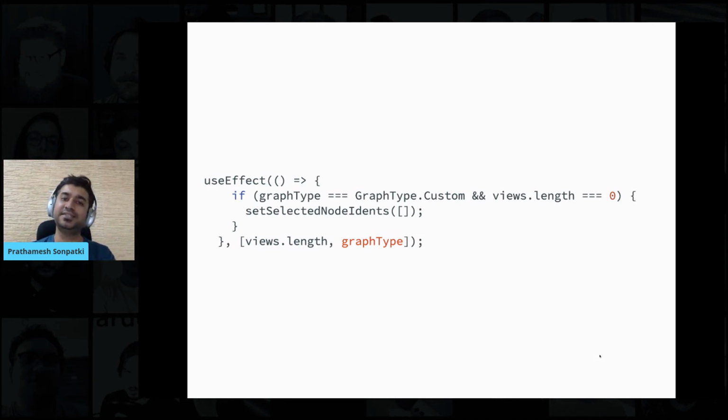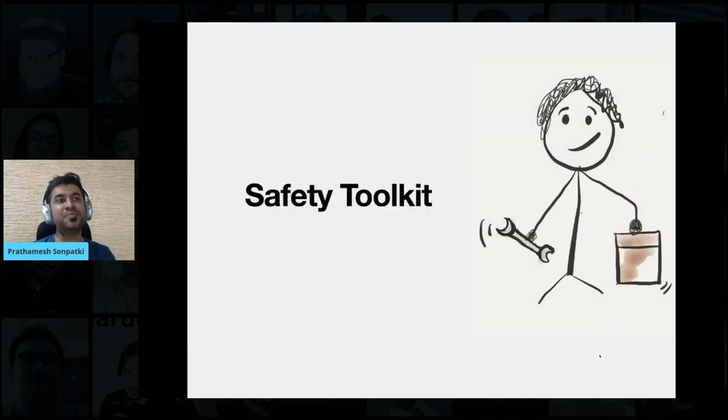So with these things, having pure functions, having a command on the hooks API, and using some custom hooks, we were pretty confident about the interactions in our code base, and slowly our code base was getting into shape. But while these steps definitely helped us, we also wanted to be diligent about not running into the broken window syndrome again. So we wanted a kind of safety toolkit, similar to the medical box that we have at home, which can keep us on our course when we are tempted to deviate from it.